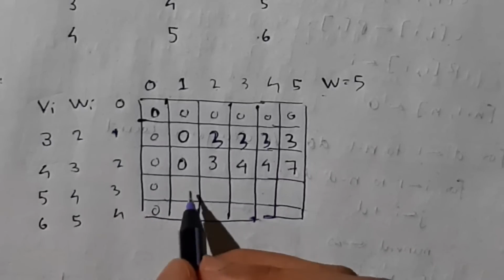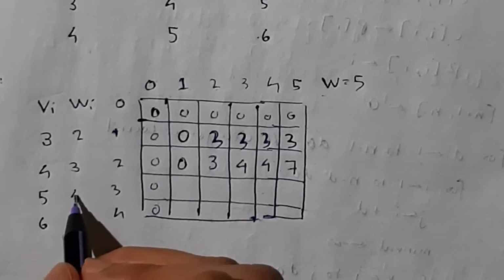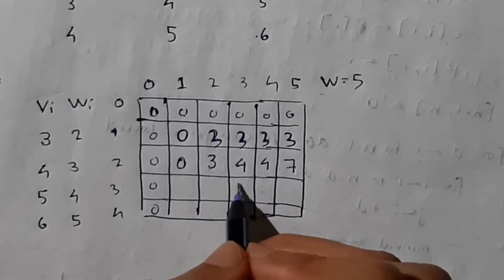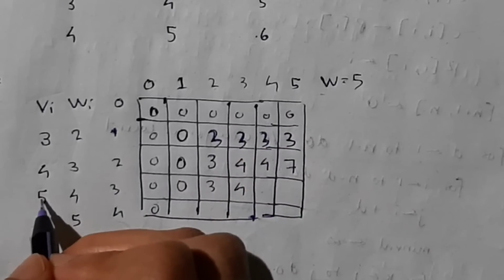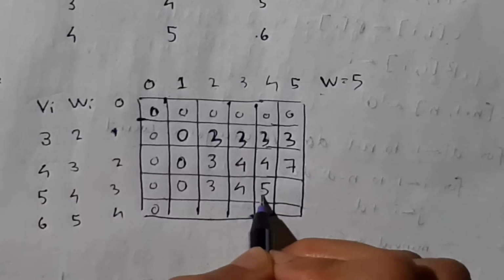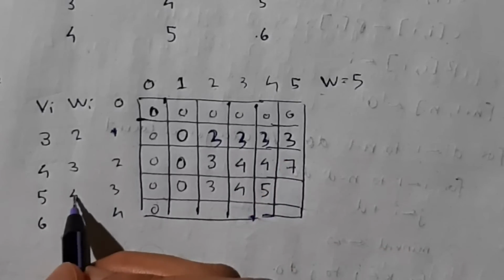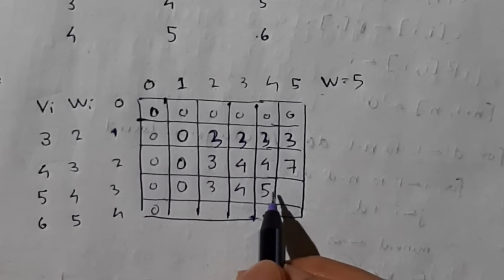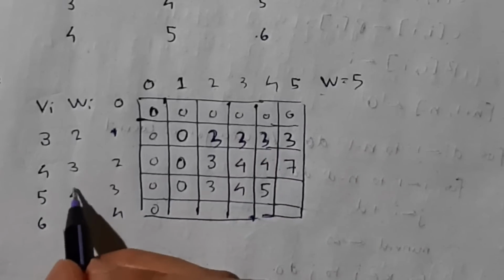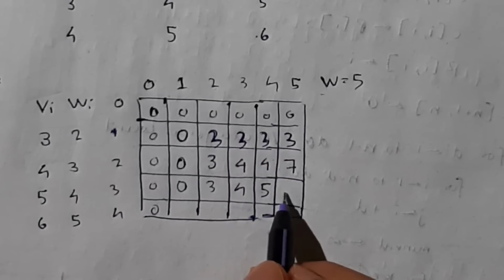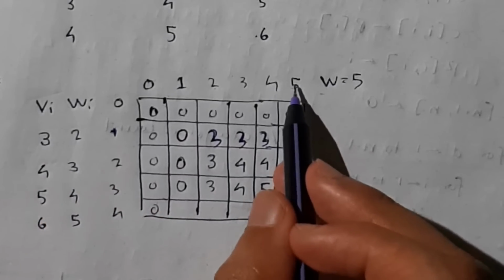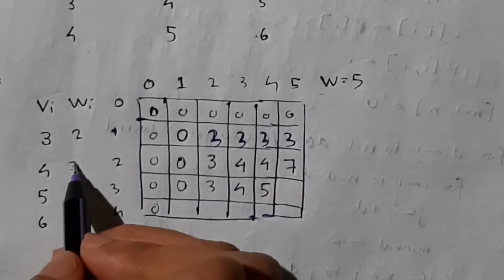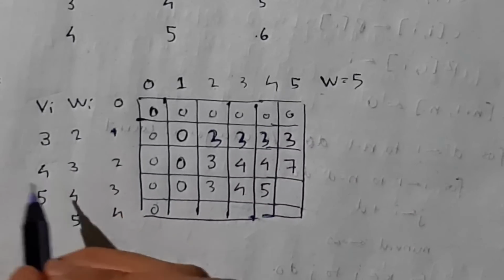Alright. Then coming to the next row here, it is 4. So maximum should be 4. Before 4, the previous value will be copied. When it is 4, at that time I will get the profit as 5. Okay, I'll be writing here 5. And when it's the capacity for 5, I can either choose this or I can choose these both. If I choose this, I'll get the profit as 5 and 1 will be remaining. See, this is the container for 5 and I have the kilogram as 4. Then if I fill this with 4, 1 will be remaining and that will be wasted because I can't fill either of these. But instead, if I choose to fill 5 with both of these, I'll get the profit as 3 plus 4 which is 7, and that is more than this.